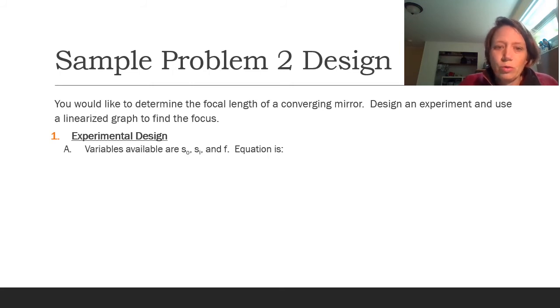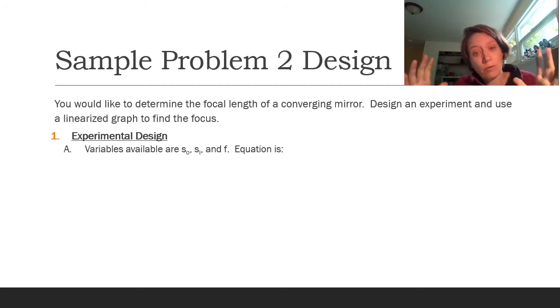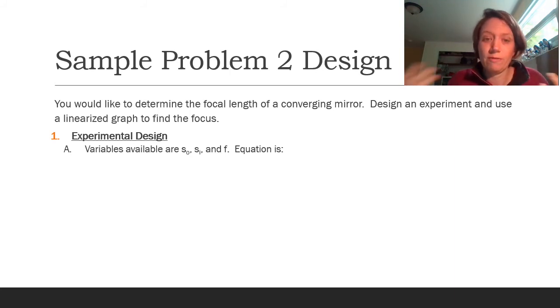So if I think about what this experiment would do, I would probably set up an experiment where I have the converging mirror and an object in front of it, and it's pretty straightforward to measure the distance from that object to the mirror. And it's pretty straightforward to locate the image of that object. You can use a screen or you can just eyeball it, but finding the image distance is also pretty clear. The focal length is much trickier to measure manually,